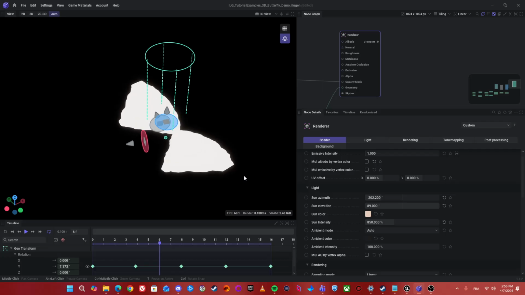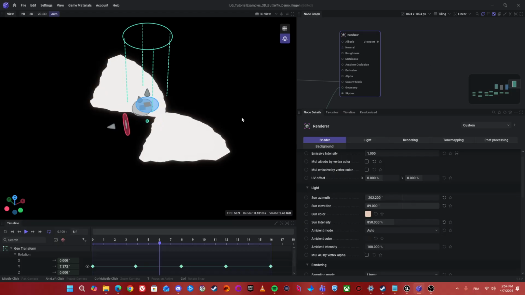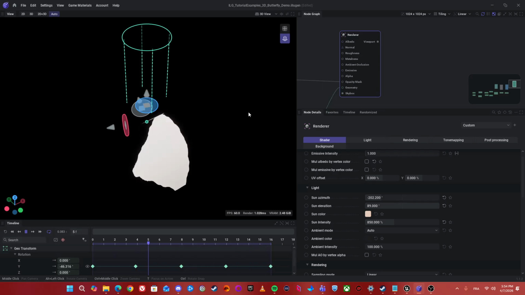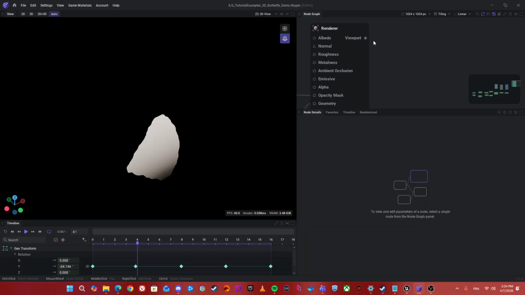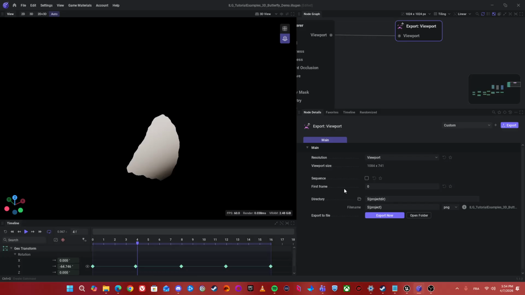So okay, let's just say this is enough. Let me just center the camera a bit to take the maximum space, but okay, should be like this. Alright, so what you can do is just drag this pin out for the viewport, and then you only have one option available anyway. You have the export viewport,